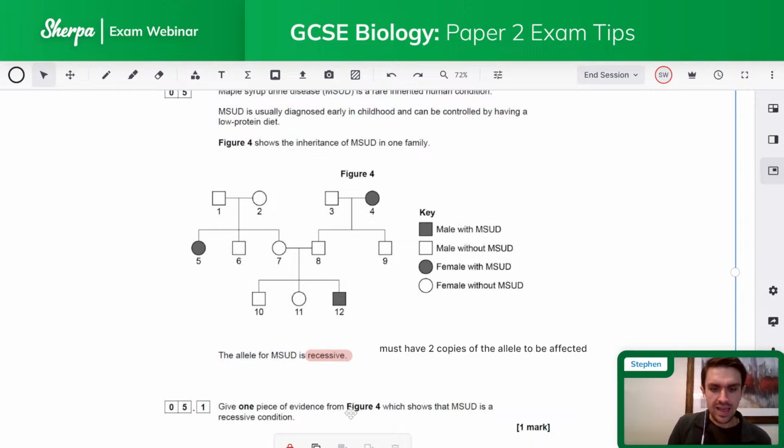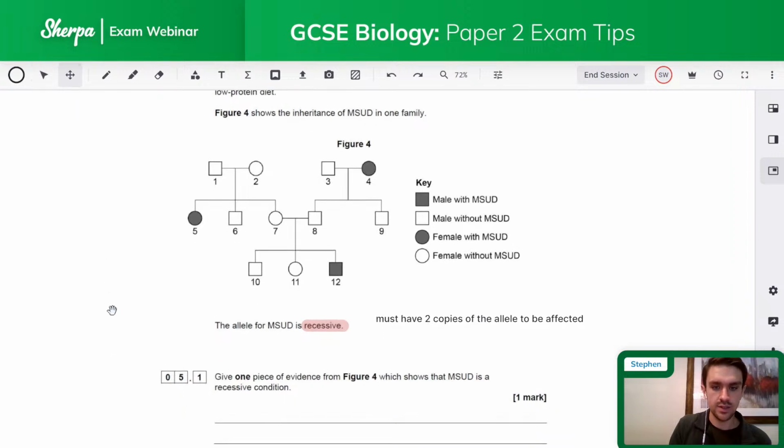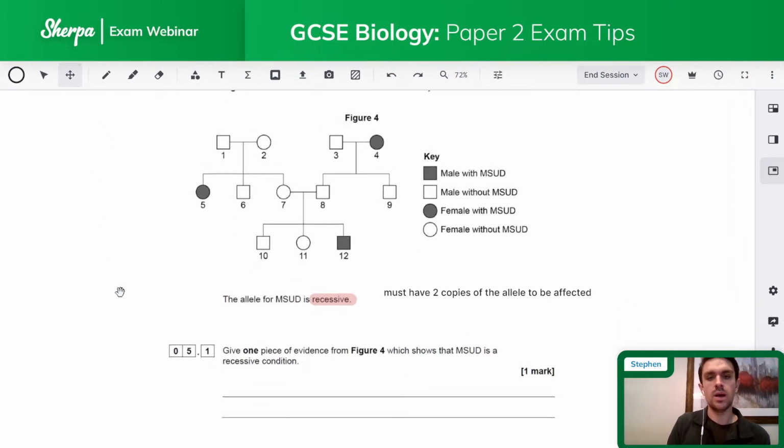Give one piece of evidence from Figure 4 which shows that MSUD is a recessive condition. Now, again, this question's come up a lot of times. It's a common one that they use. We can tell here because we have offspring from parents who are not affected. So what that means is that these individuals up top here, 1 and 2, can be carriers. Now remember, carriers are where you carry an allele for the disease, but are not affected yourself because you have